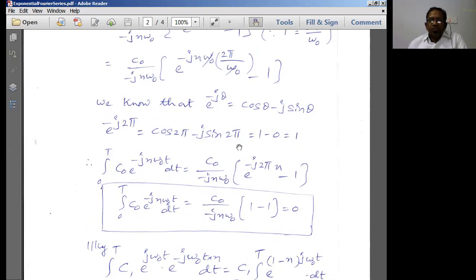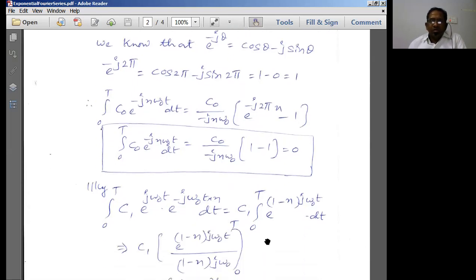Now what is sin 2 pi? We'll be solving it for n number of values. N is going to take 1, 2, 3, whatever it is, but ultimately we have 2 pi here. Since it is 2 pi, sin 2 pi will be equal to 0. What is cos 2 pi? Cos 0 is 1, and cos 2 pi is equal to 1. So therefore I will be having 1 here, and the resultant value for e power minus j 2 pi n is equal to 1. So minus 1 over here, the 1 will get cancelled, and I'll simply get the 0 term.